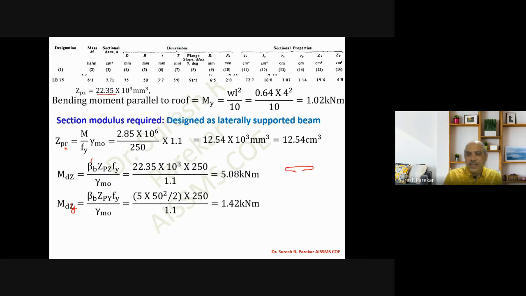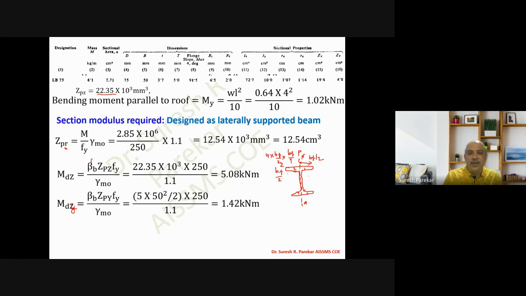So we have this section, and we are not considering web when we are going approximately, and therefore we will take this. This is my plastic neutral axis, and this distance we have BF by 2. And if we will take this will be one side another side, so we have 1 2 3 4 parts, and therefore we have 4 into BF by 2, and to the neutral axis BF by 4, and then this comes BF square by 2.